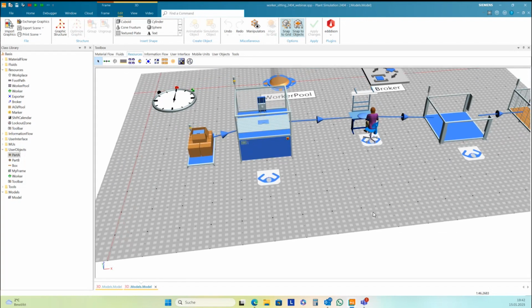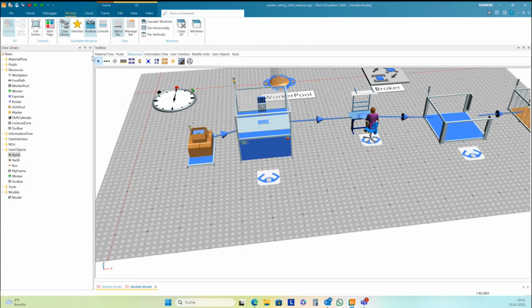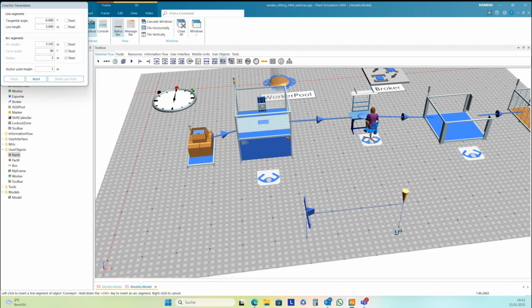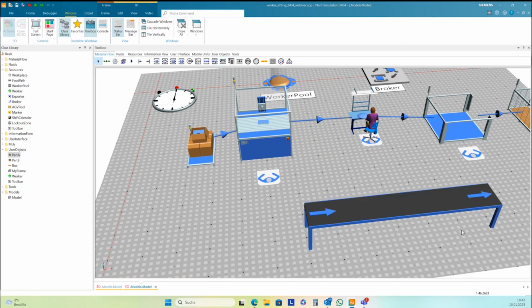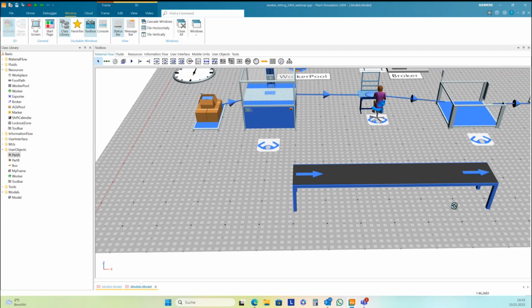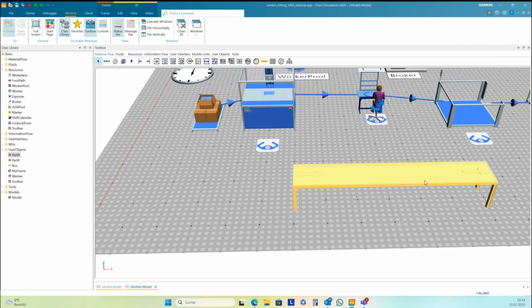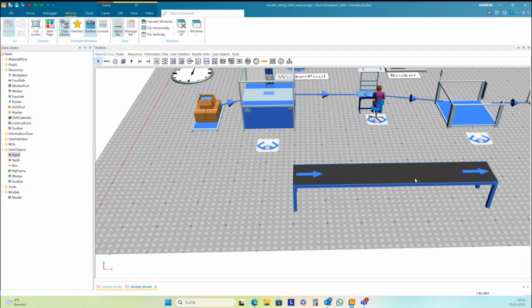So I take the conveyor. The conveyor, it's like the track. It's an extrusion object in Blend Simulation, and you can change the appearance of this extrusion.